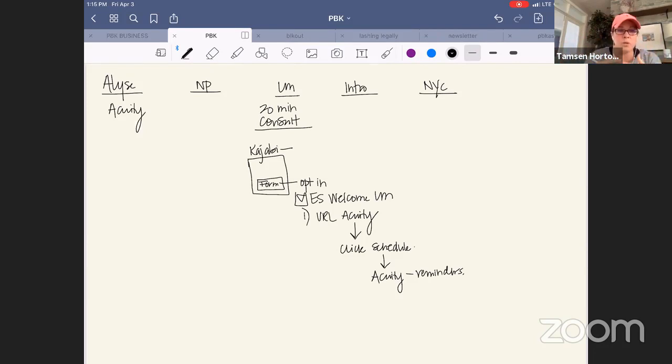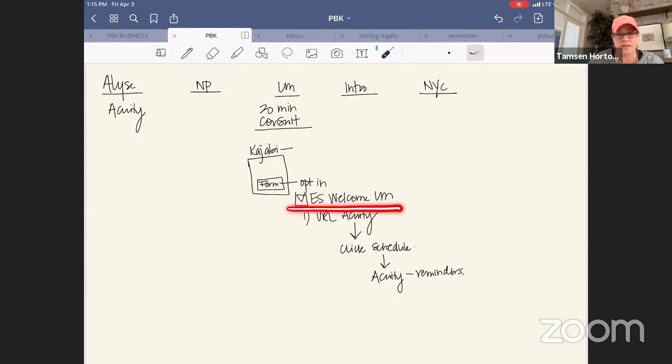I use Acuity too. The beautiful thing is I can use the forms in Acuity. I can set up the questionnaires in Acuity. Absolutely, you can totally use all the features of Acuity in that part, because they're in your welcome lead magnet sequence.